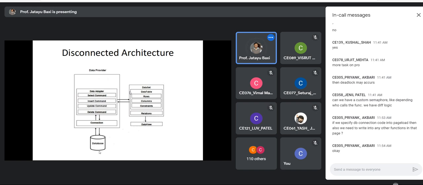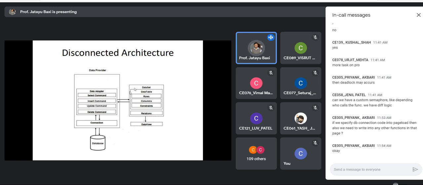There is an underlying database, then obviously there is a connection. The connection is made via adapter object, and adapter object has various commands like select command, insert command, update command, and delete command.